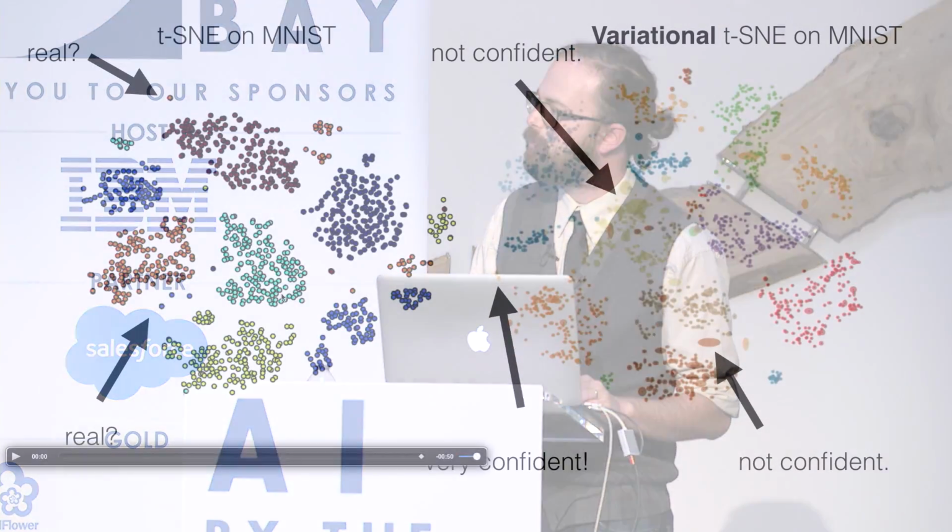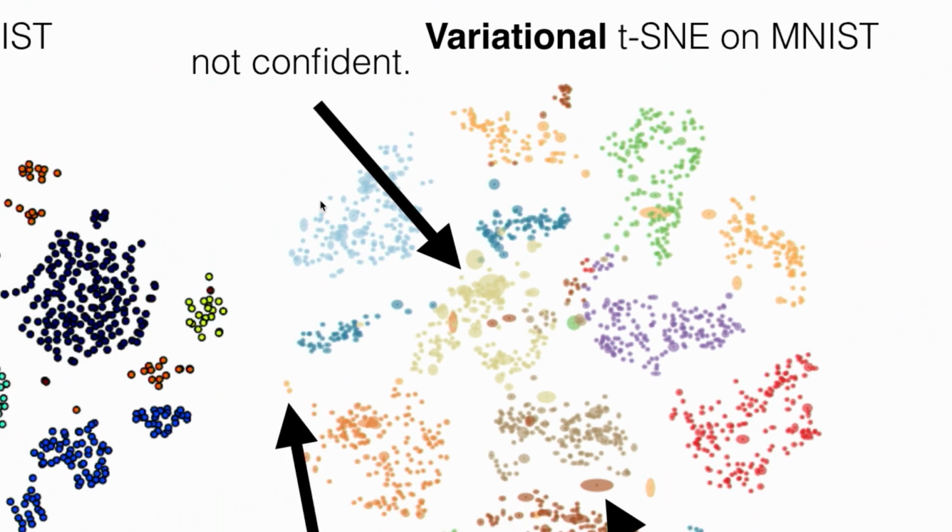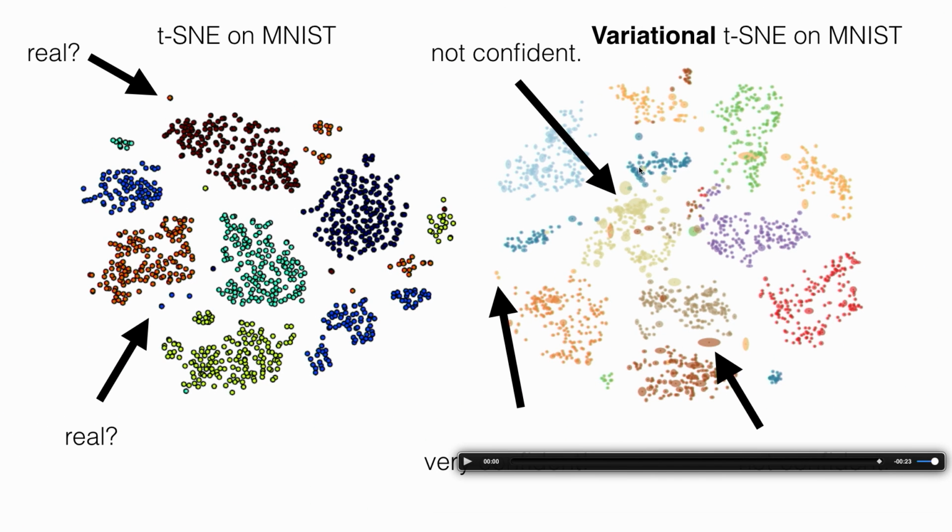Let's see if I can actually zoom in on different parts here. Over here, this is a huge ellipse. Maybe I'm not actually very certain about that point. But there are points farther up in different parts of this space that I'm going to be extremely certain about. I'm not going to be certain about any of the points over here. Sorry, this is really hard to do when I can't have the same screen on my own laptop. But having that notion of what to be confident about and what not to be confident about is how I build trust in my actual model, and it makes it feel like I'm reading the tea leaves a little bit less.